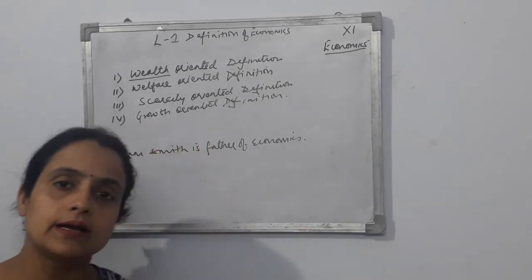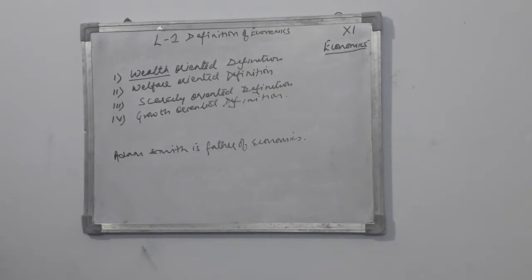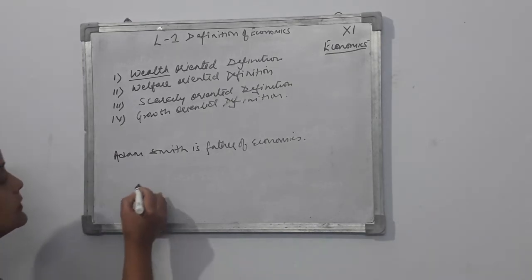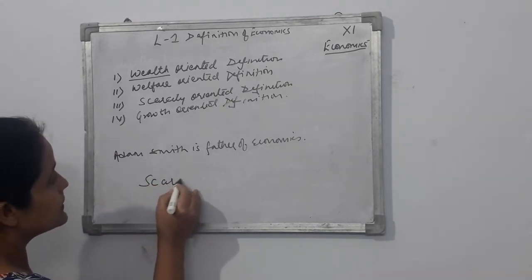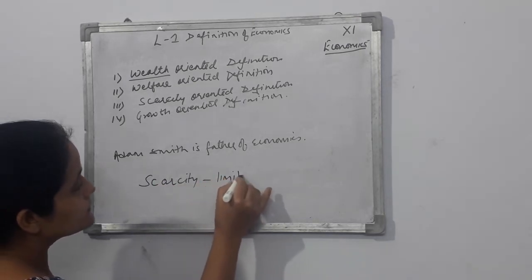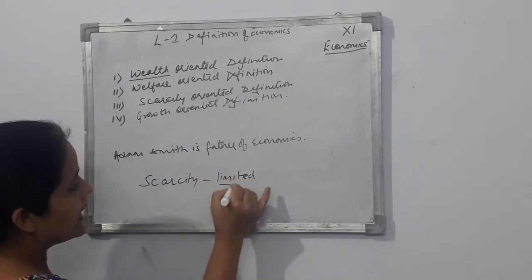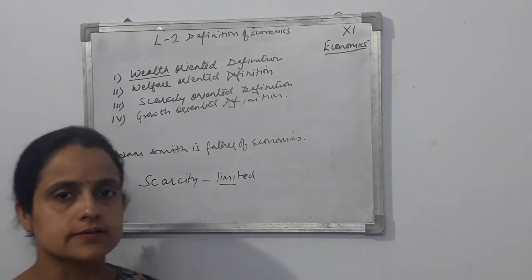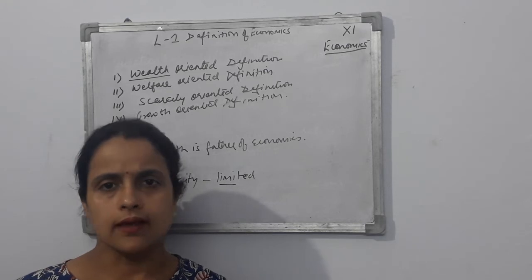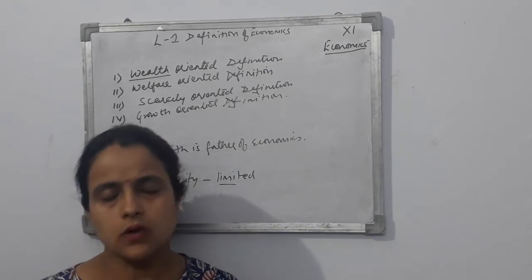उन्होंने कहा कि जो economics है वो किसके इर्द गिर्द घूमती है? वो घूमती है scarcity के इर्द गिर्द. Now you all know what is the meaning. What does this word mean? This word means scarcity means limited. ठीक है? Anything which is limited is scarce. Like your petrol is scarce, coal is scarce, water is scarce. These all things are scarce.